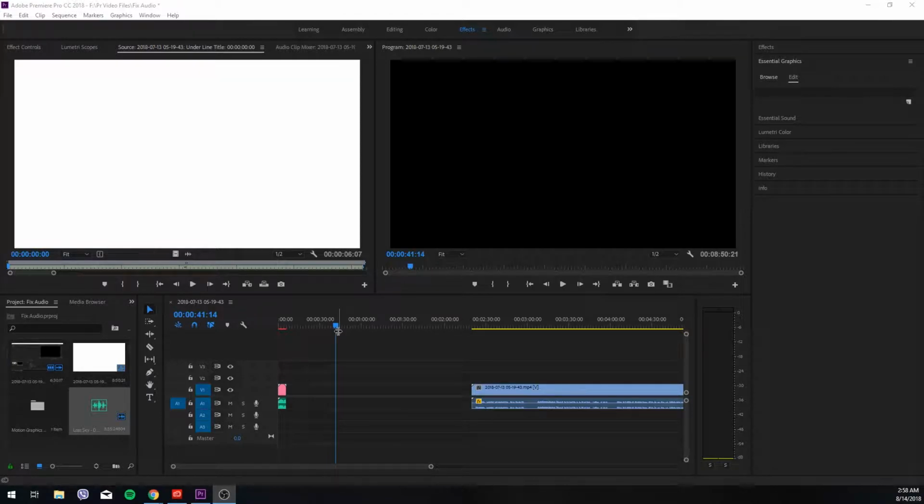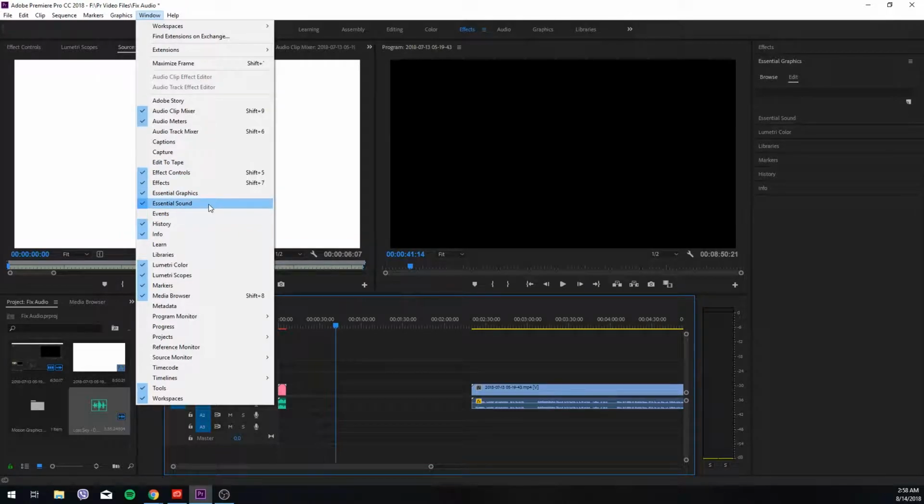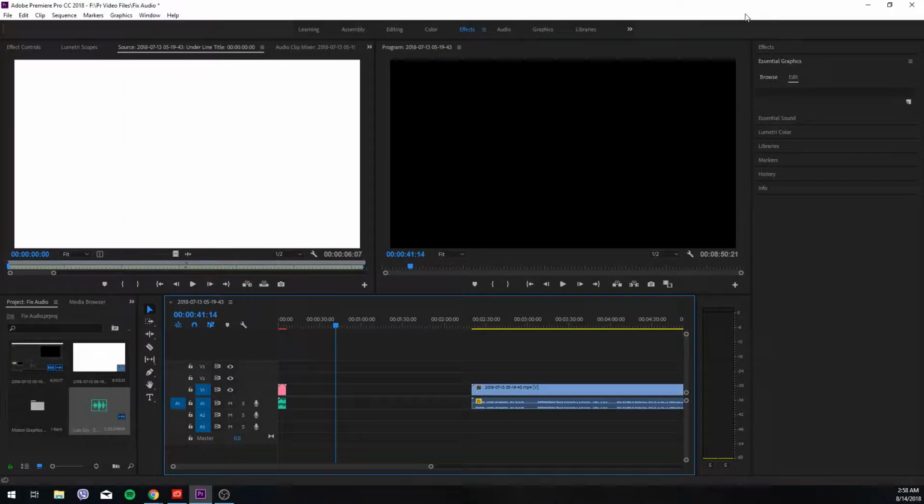So go ahead and hop into Adobe Premiere Pro. Once you're in there, you'll notice on the right hand side it says Essential Graphics along with these other options here. You want the Essential Graphics. If you do not see it, go ahead and hit Window and make sure that Essential Graphics is selected. If you click on Essential Graphics here